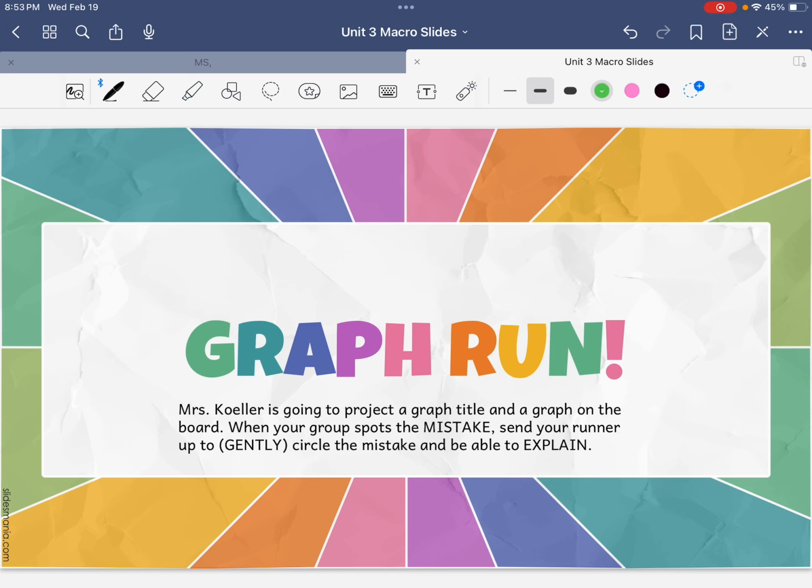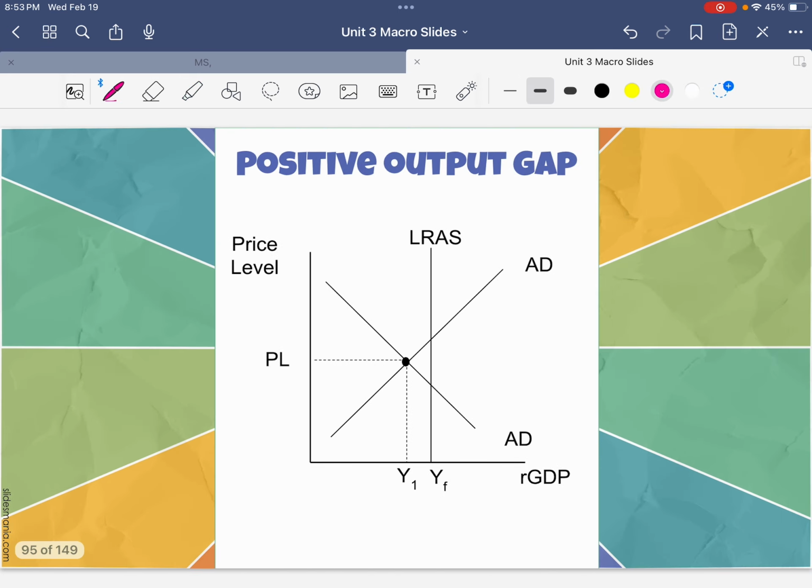Instead, you're going to answer these in the Google form below. Don't you love NTI? Okay, so number 1. You're going to describe to me why this graph is wrong. Heck fire, I'll do number 1 with you. Okay, so you would take a look at this graph, and this graph is supposed to be showing me a positive output gap. And some of you have probably already noticed it. In a positive output gap, our output should be